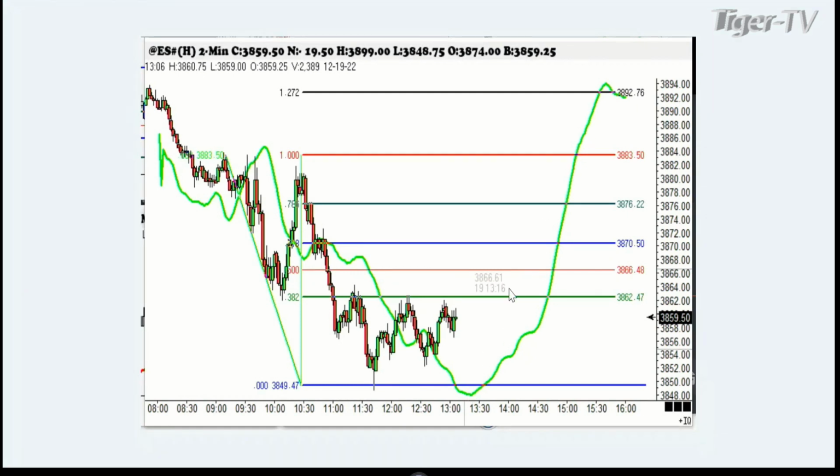Now, just remember this, folks. If this market is not rallying by the time this show is over, with 2 hours to go, if we're not moving above the 382 line here, there's something very, very wrong, and that's where you've got to be careful. But pay attention to it. It may not work.